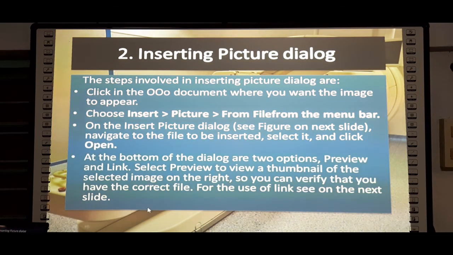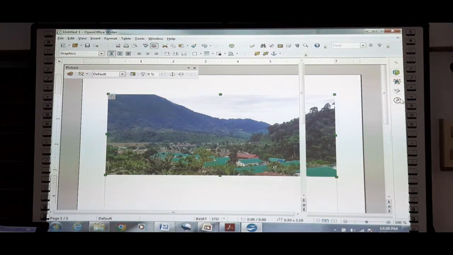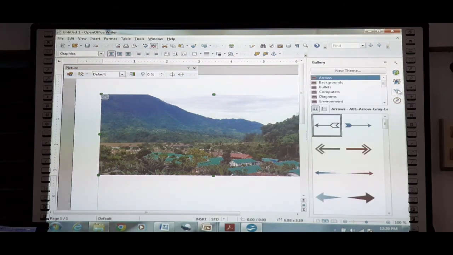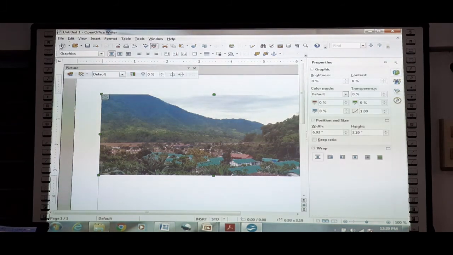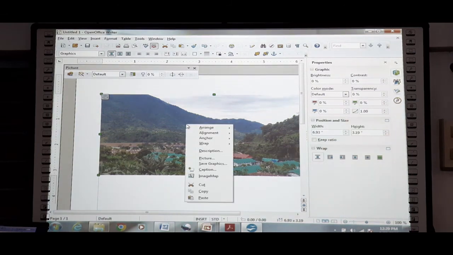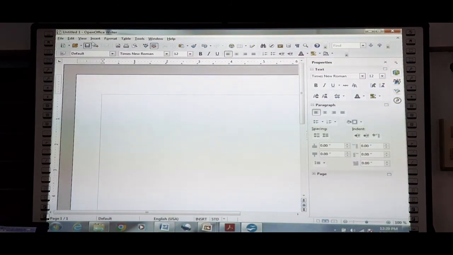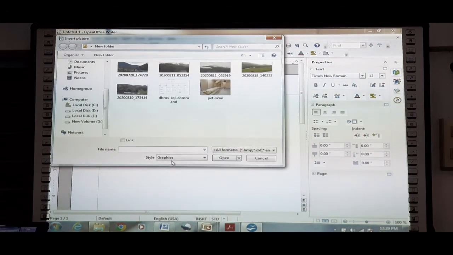In order to check the thumbnail, insert picture from file. See, as soon as we click on from file, we are getting the list. Here that option is not available. I think in the latest version it is not available directly.